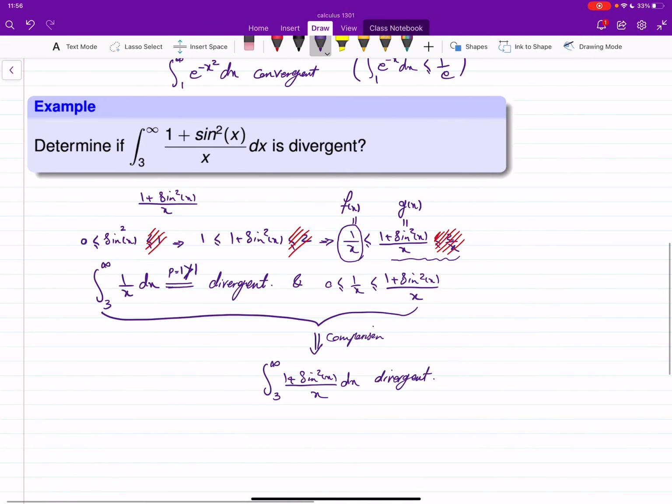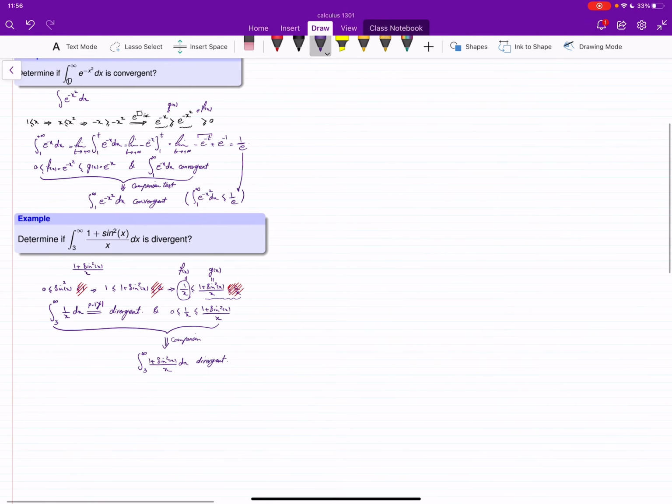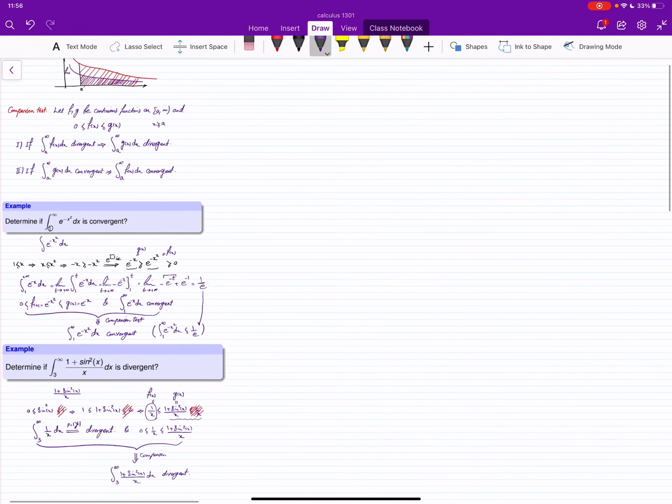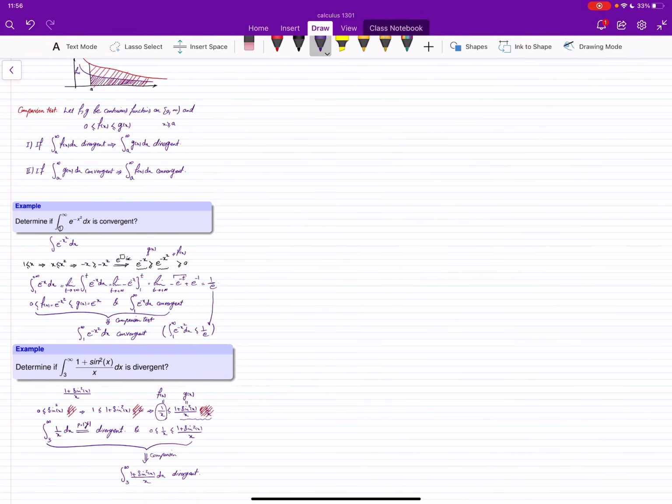So comparison test, you have to be able to apply it correctly, and also you have to see that only a very specific form of that works. So if the integral of the lower one is divergent, then the upper one is going to be divergent. If the integral of the upper one is convergent, then the integral of the lower one is going to be